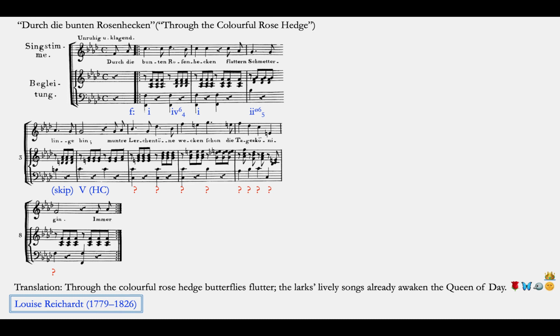Durch die bunten Rosenhecken flattern Schmetterlinge hin, bunte Lerchentöne wecken schon die Tageskönigin. Immer war